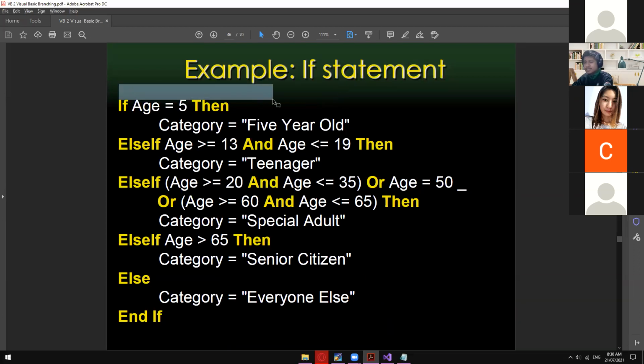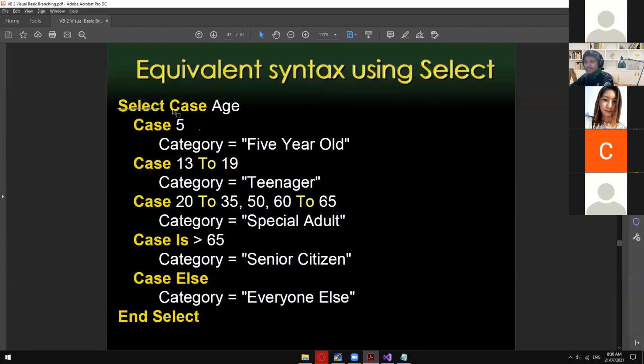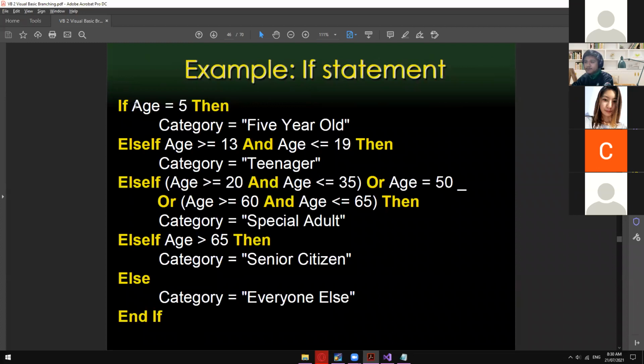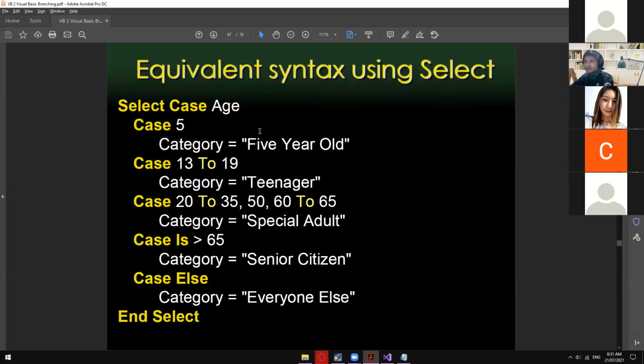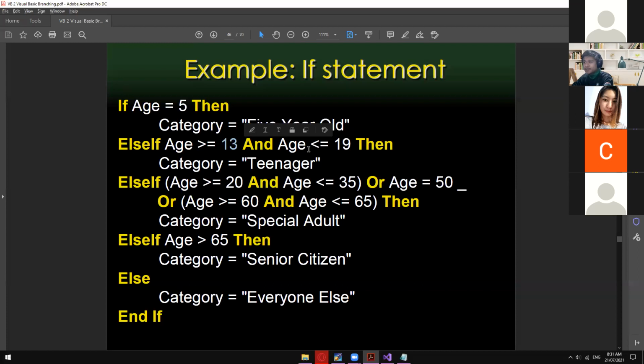Not the initial slide, the initial line of code right here, wherein we have this one select case and then age. Then after that, in the if statement, we have age is equal to 5, and then the statement. So in here, we're just going to say 5, and then category is equal to 5-year-old. And in here we have 13 to 19, so we have to use those